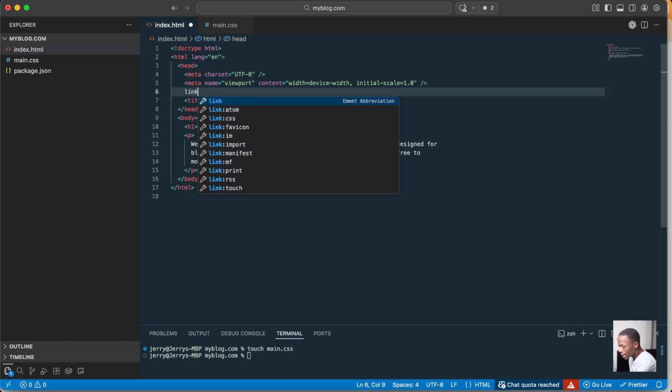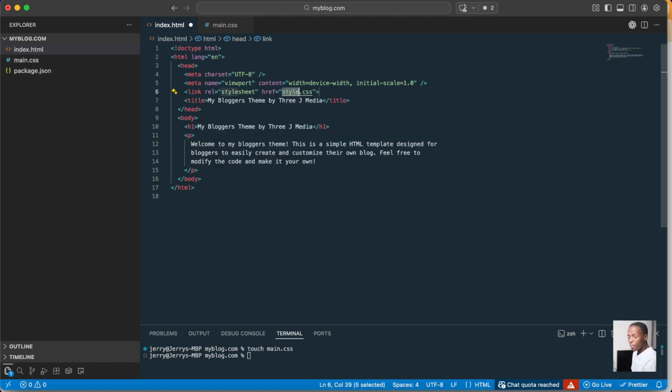So the only file that we're interested in linking is a CSS file. If you come here and hit enter, it will give you the boilerplate of the link. It says the link rel, relationship with the file, is a style sheet. REL is relationship, and then it says it's style sheet, and then the href is where the file is. Our file is just in the same folder, but the name is not style.css. Ours is main.css. So you have to change that style to